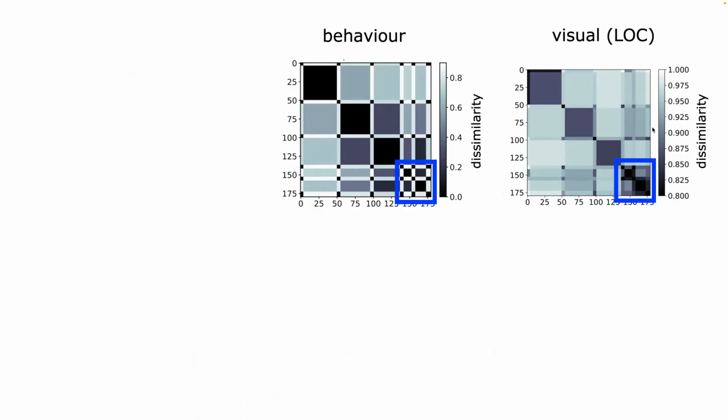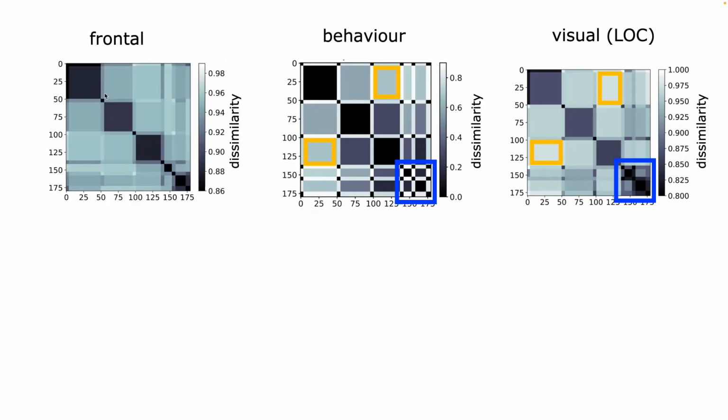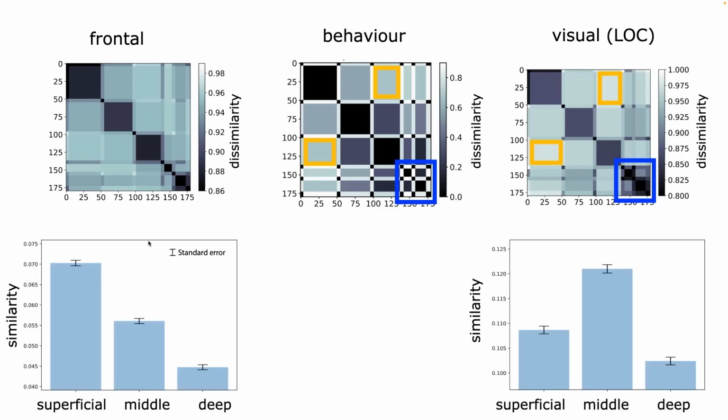in some areas, for example, here in the visual cortex, some movies are perceived, they are represented, as more dissimilar than others. And interestingly enough, this is specific to some brain areas. Others, for example, here some frontal areas, do not show this nice correspondence to behavior. And then you can look at the layers and see that the areas that show the correspondence with behavior are the ones that seem to be more middle layer driven, where the average similarity is mostly coming from the middle layers, as opposed to these other brain areas that do not match the behavior, which are more feedback